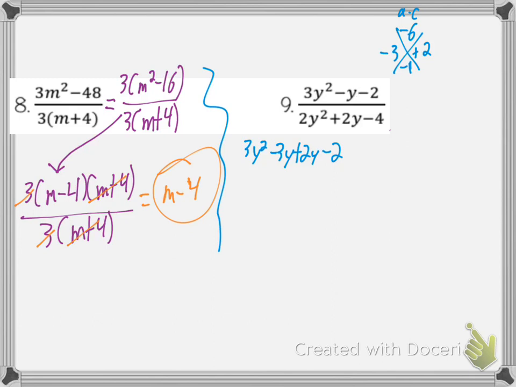Now when we go to factor the bottom, I'll change colors so we know the top and the bottom. The bottom actually does have a GCF. So I misspoke earlier when we said we couldn't use a shortcut, because we actually can. So we factor out a 2 there, and we end up with y squared plus y minus 4. Aha, we're in business now. So we make that x